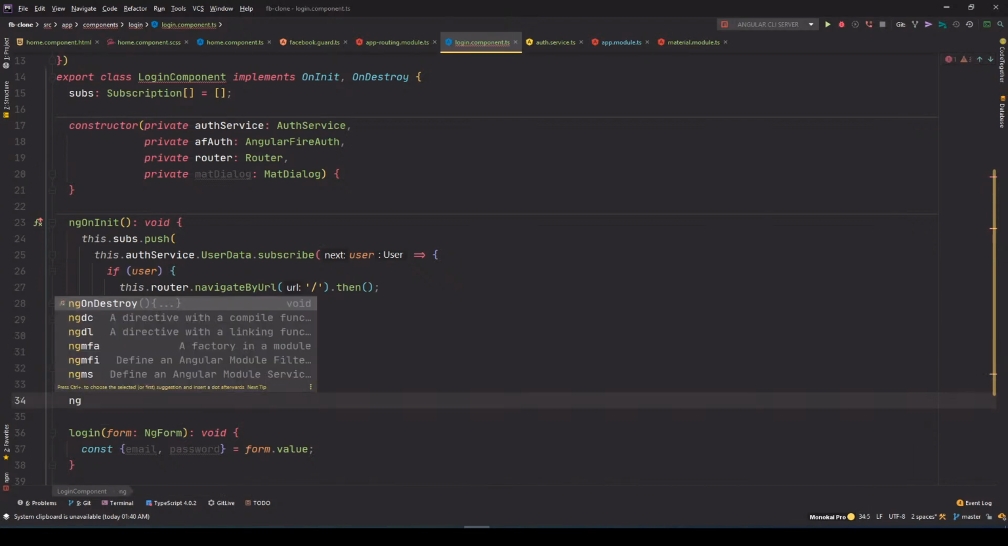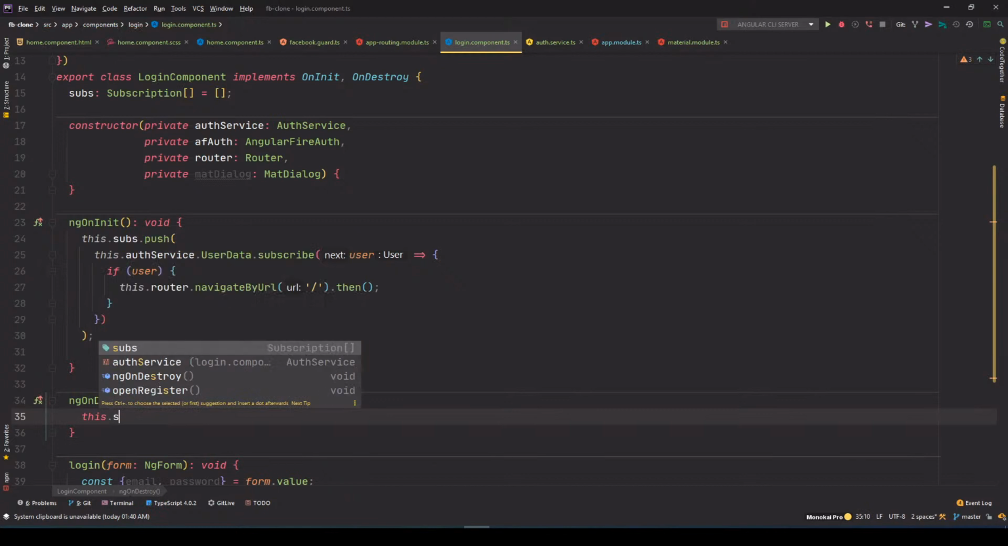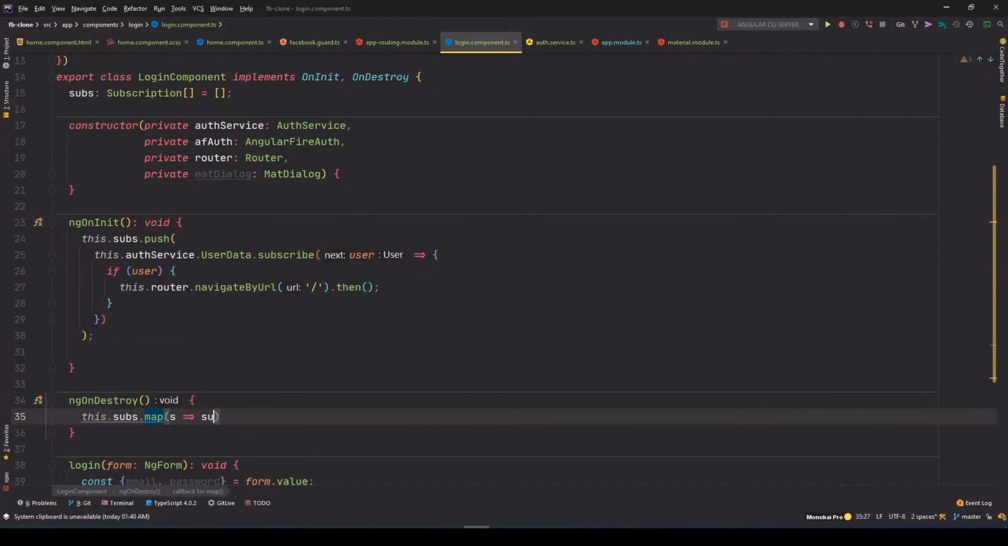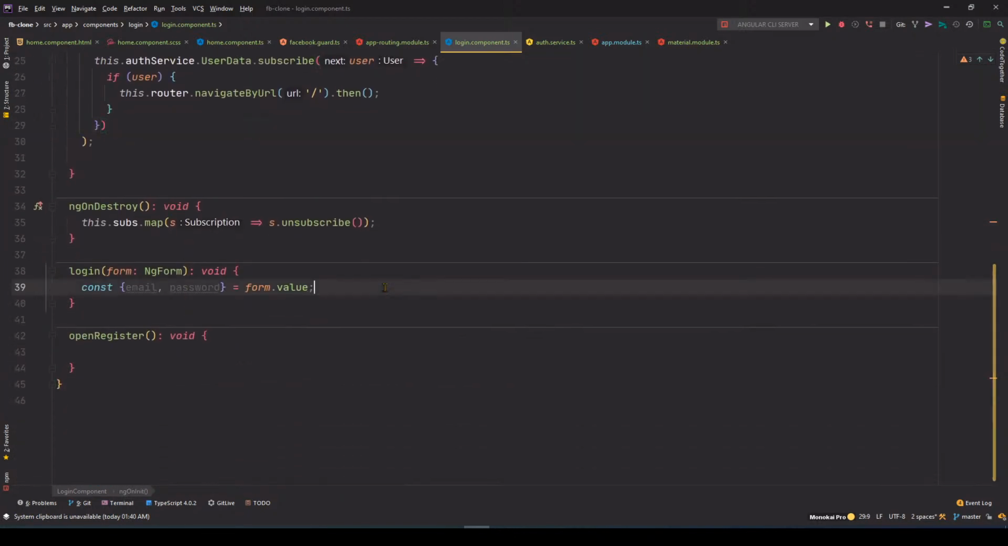when it's destroyed. So this.subs.map, s.unsubscribe. Okay, and the return type is of course void. So now in the login form,